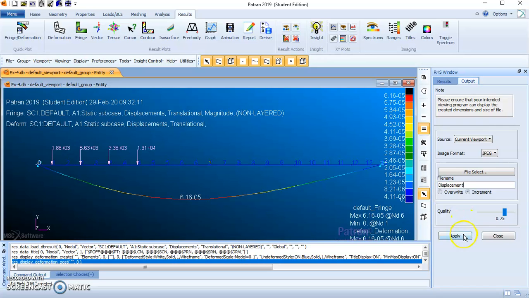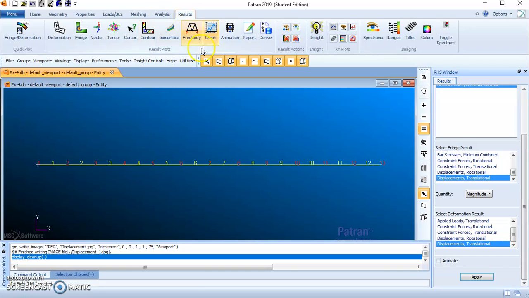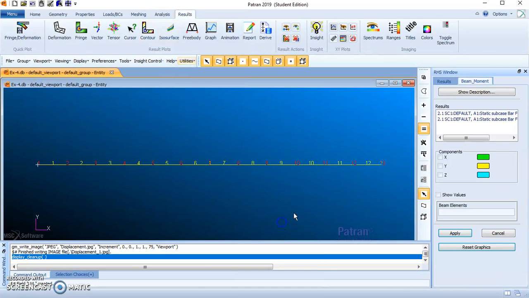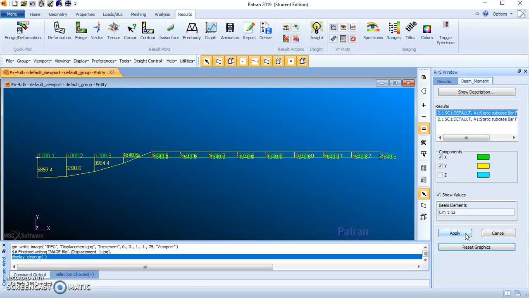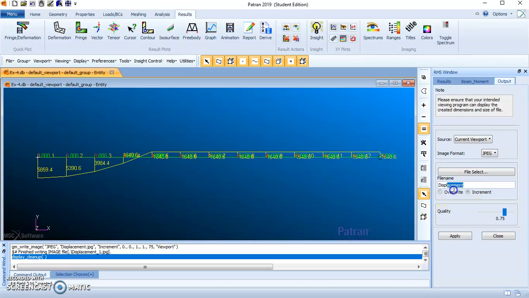Here you can say displacement, apply. You can reset this graphics. We will check for SFD BMD, utilities, results, beam results. Select the first result, select XY, select show value, select this, click here and make a box and select all the elements, apply. So this is shear force diagram. You can write this image as well.